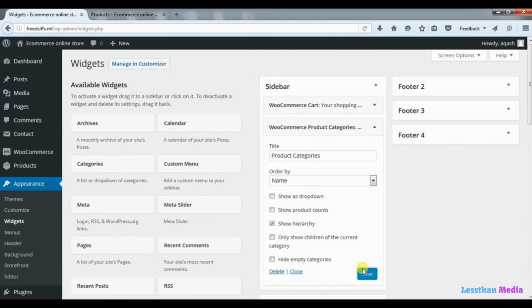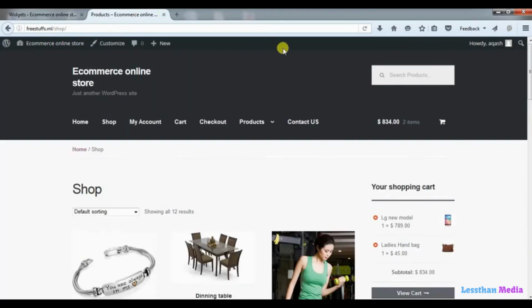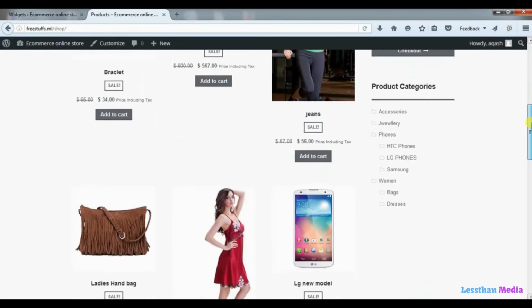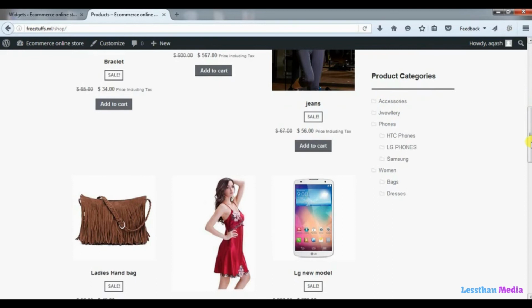After saving this widget, go to your site and refresh the site. Now if you see on the right sidebar, here you can see the product categories are added into the right sidebar of our site. So the customer can click here on any category, and they will see the products inside that category. So now we will upload another widget into our dashboard, and then we will add that widget into